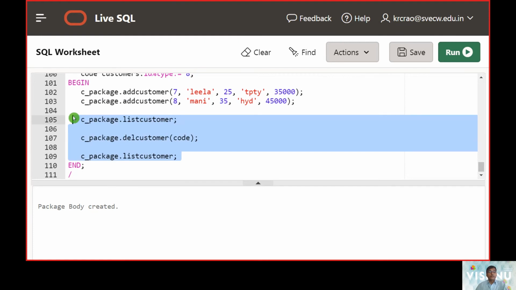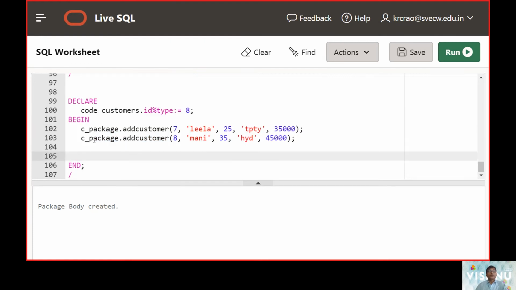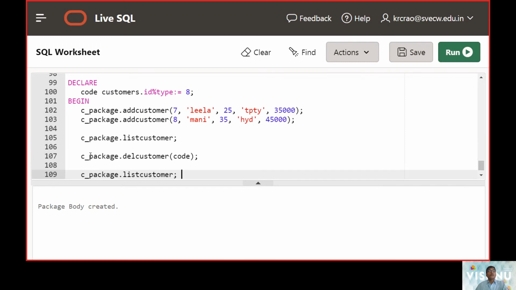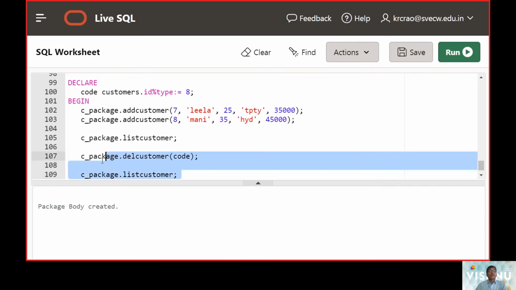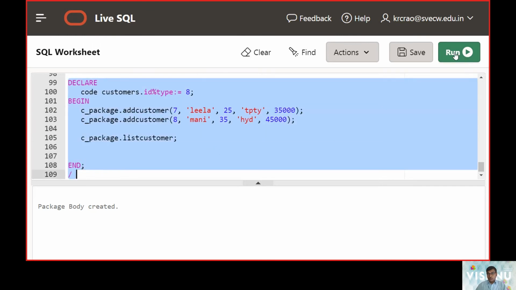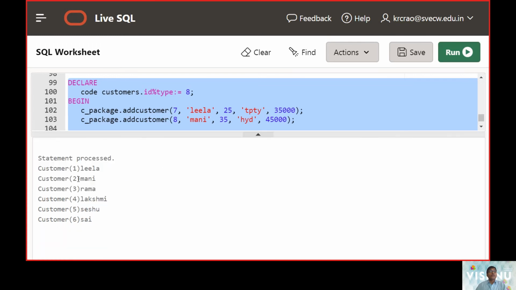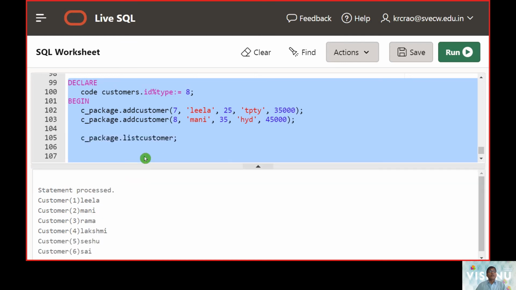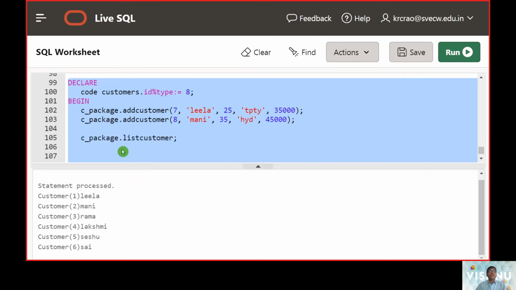Now let me first show you the insert operations here. Up to here I will show, then we can add the other things, okay? You can see here customers 1, 2, 3, 4, 5 and 6 are processed and they are listed out.